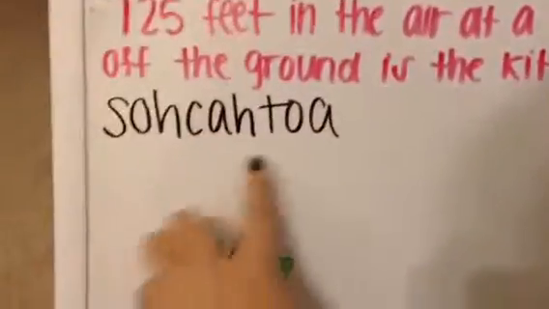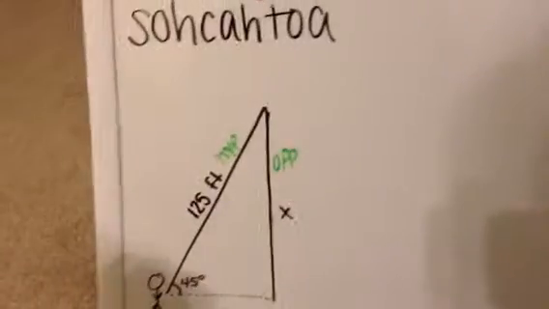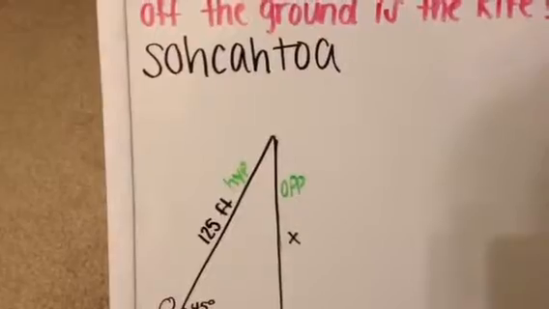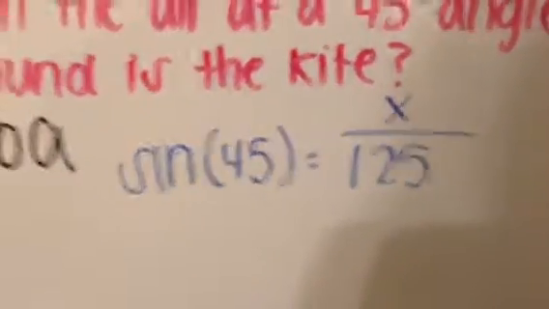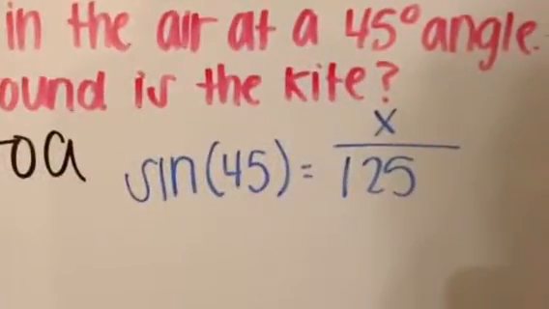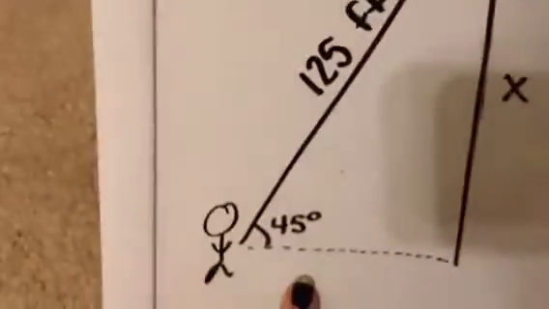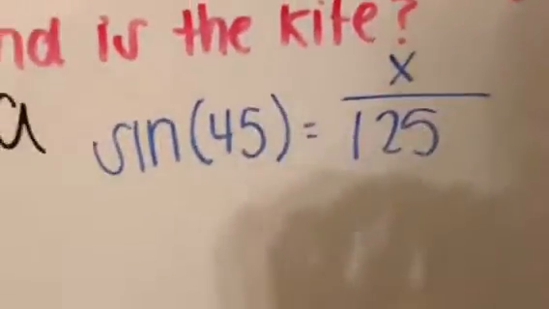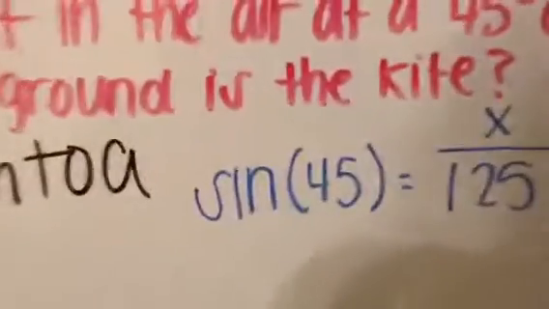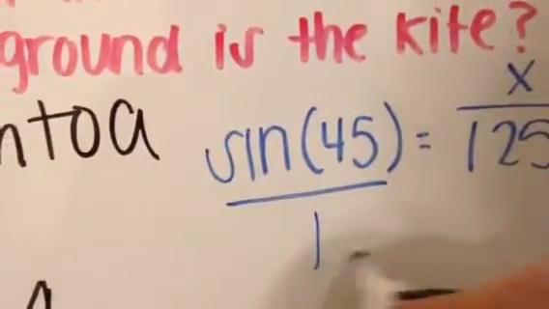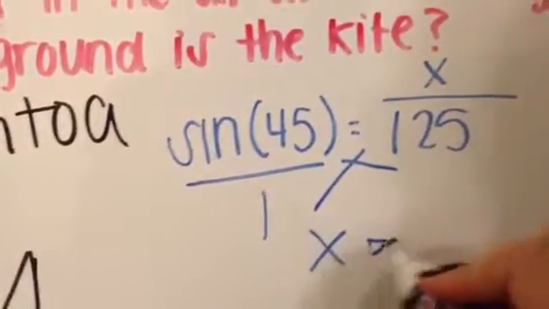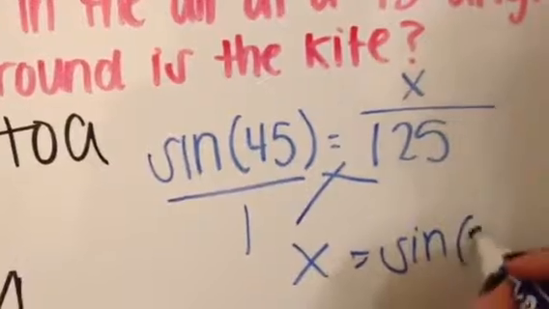And so I use SOHCAHTOA all the time to try and figure out which one to use, and since I'm looking for the opposite and the hypotenuse, we're going to use sine. Okay, so I set up this problem, sine of 45 equals x over 125, because the angle is 45, and then you have the opposite over the hypotenuse, which is x over 125. So what I usually do is I put it all over 1, and then I cross multiply. So I get x equals sine of 45